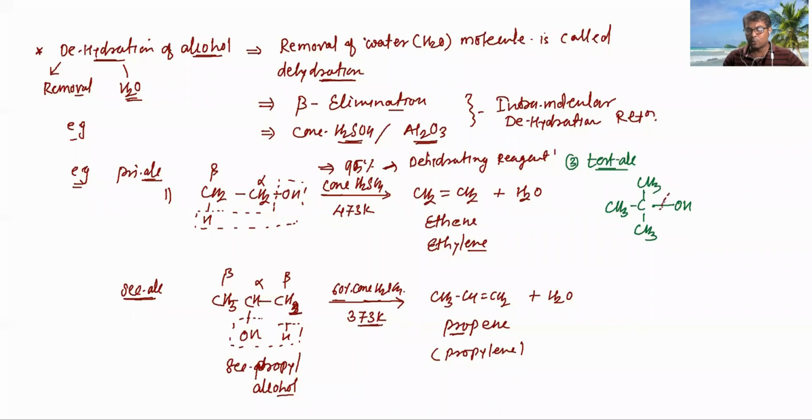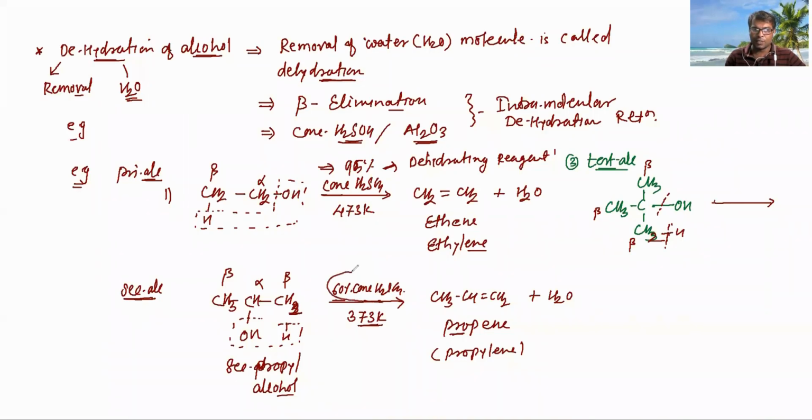Now the OH bond in tertiary alcohol is a weaker bond, and the beta carbon, here this carbon is also a beta carbon, and this carbon is also a beta carbon. From whichever beta carbon we remove a hydrogen atom, the product becomes the same. Therefore, there is no problem for the dehydration here. A single product is obtained. Okay, the H and OH are removed from adjacent carbon atoms.